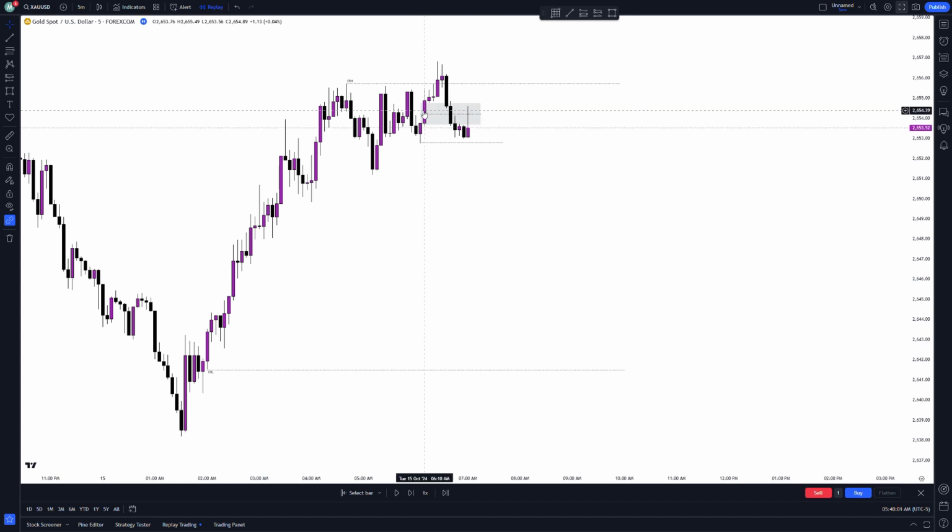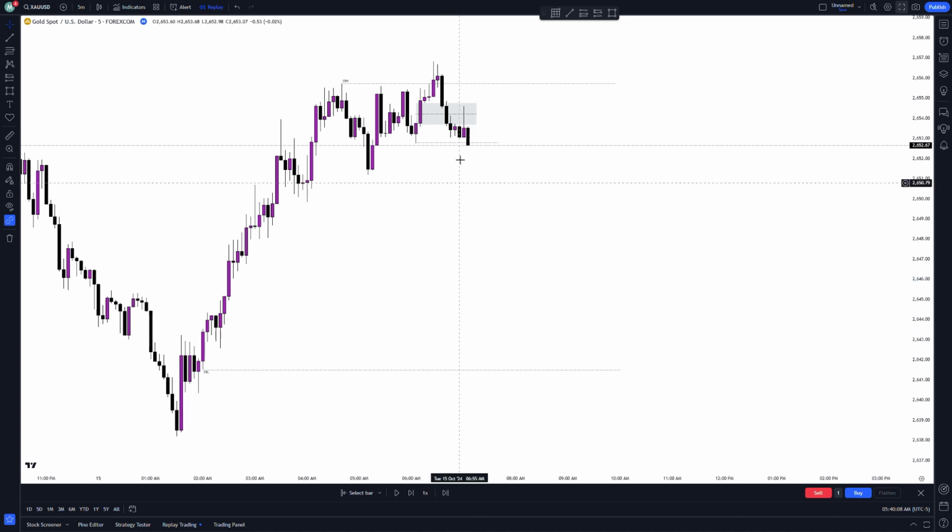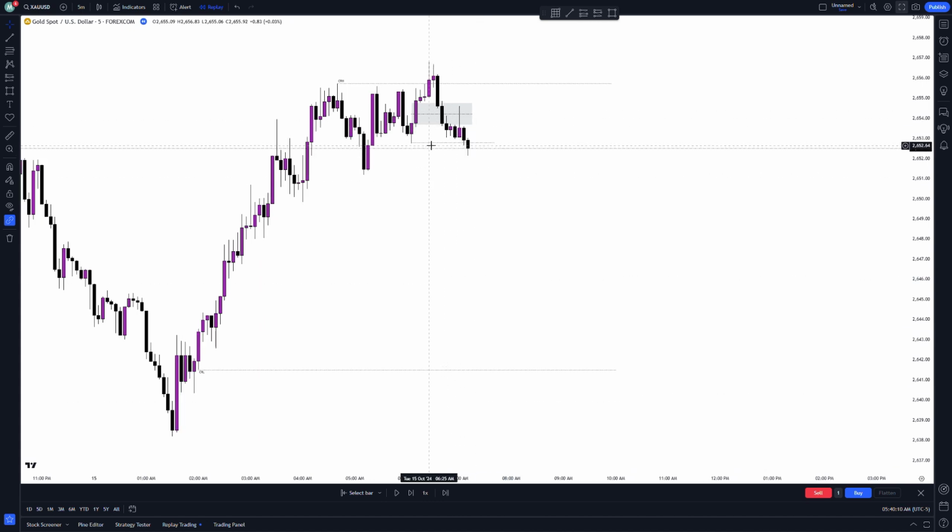So we have hit our inversion fair value gap and want to see this low be taken out, right? Okay, we have taken out this low and we've closed below it, right? And now this is what we call the market structure shift, right? So we can be adding our positions from this order block,